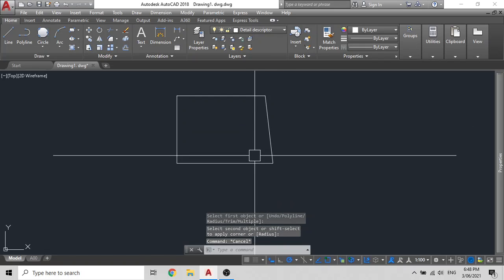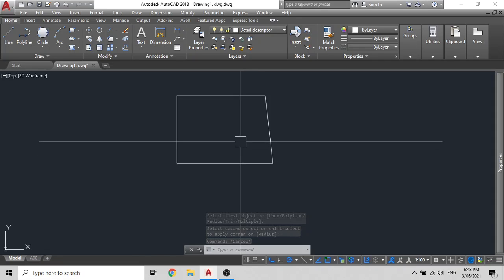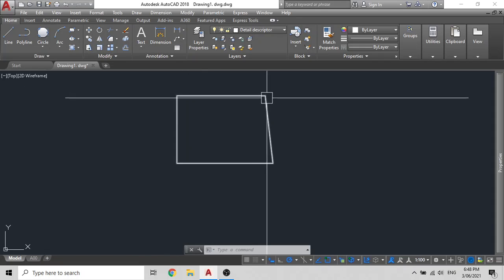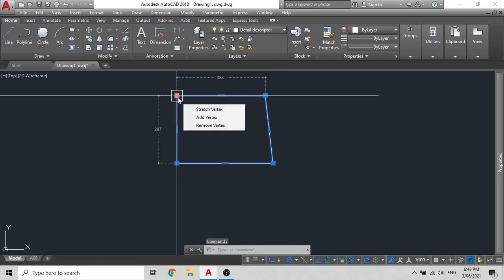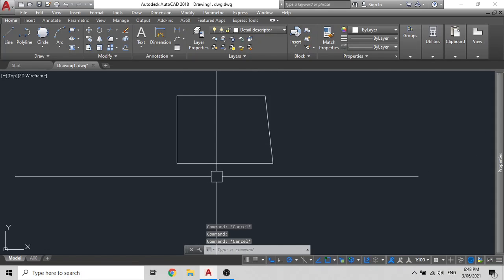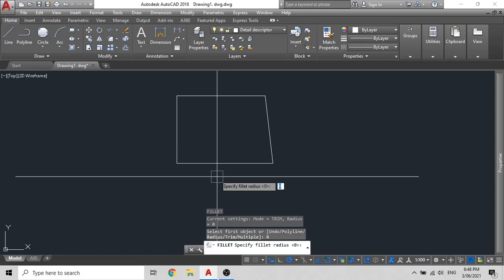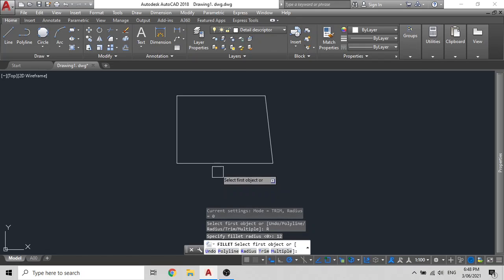Now the best practice for this is you use a multiple fillet. So let's say we are making a radius of 6 millimeters on this rectangle on all four sides. So you don't have to enter the command several times. What you have to do is just type F space or F enter, then R enter, then enter your radius. I'll just call it a 12. Press enter.